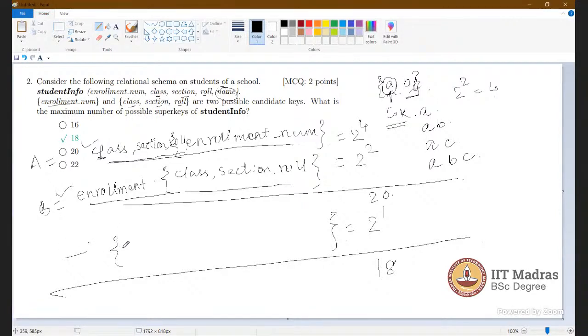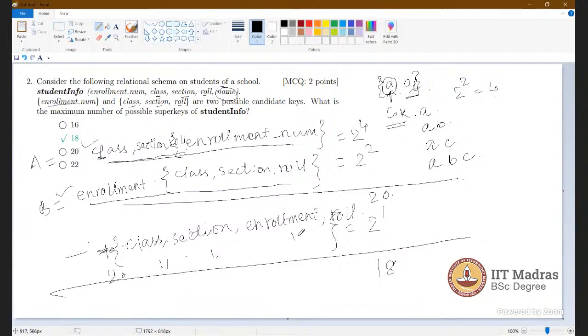Suppose this is the candidate. Let me. There is one candidate key in both the tables, and that is class, section. See the possibility. Roll. This is one super key, and the second one is a similar thing.